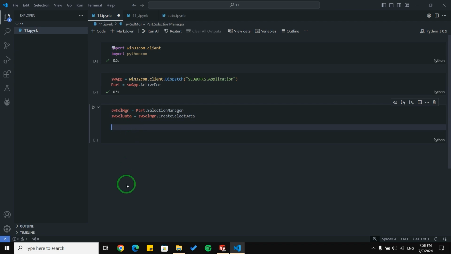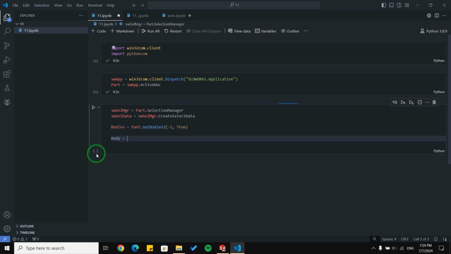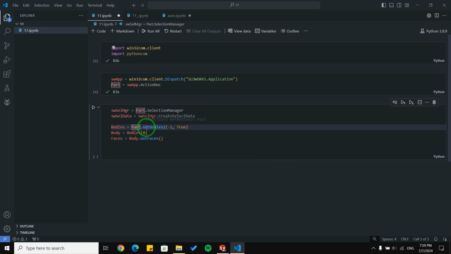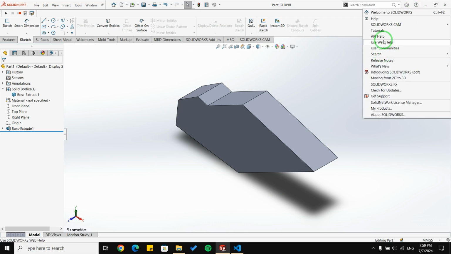I'm going to write the code first and then explain it. Okay, in these three lines of code, first we are going to use GetBodies2. Let me search for it in the API help.